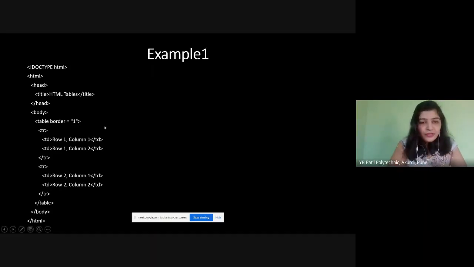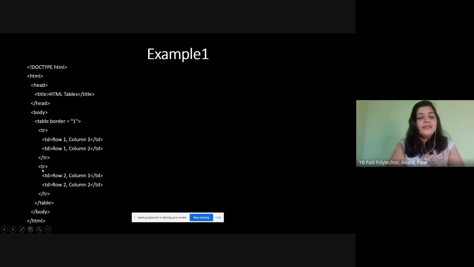Then I have ended the table data here and started another data, that is row 1 column 2. So I want to display two items in the first row. Whatever I write here will be displayed in the first row of the first column and the first row of the second column. So here I am going to end the first row of my table.